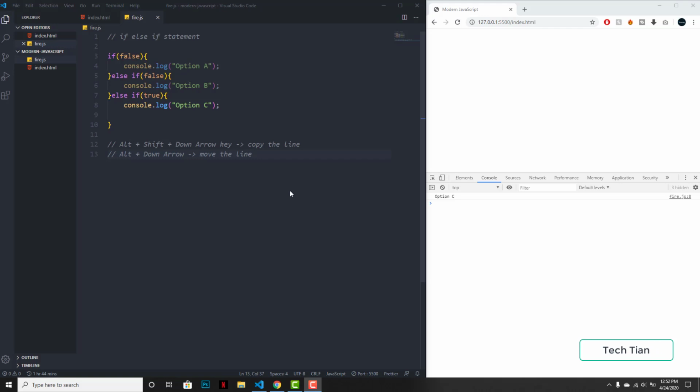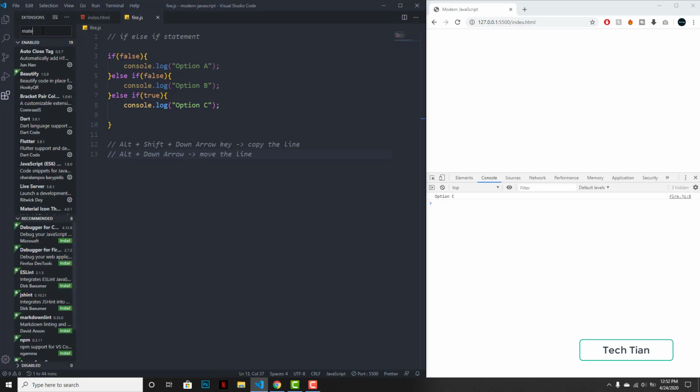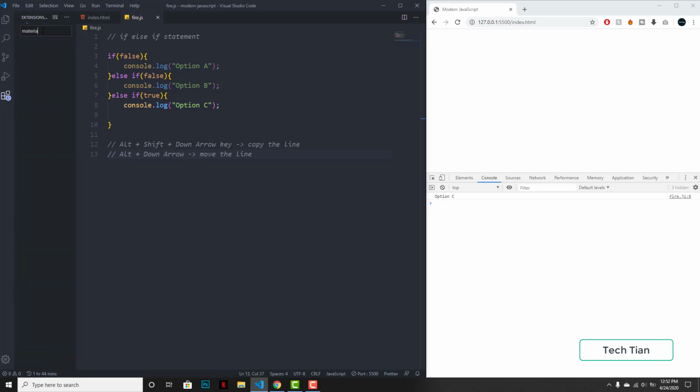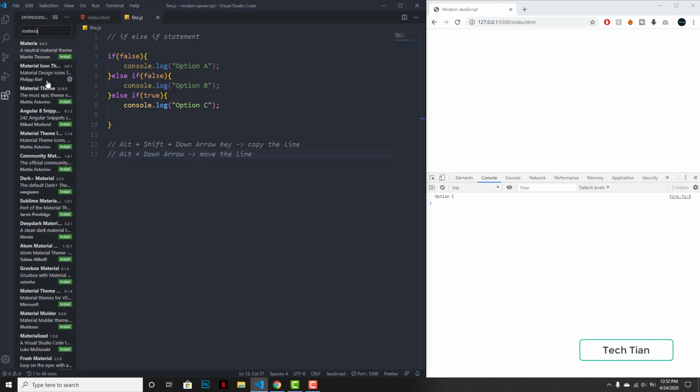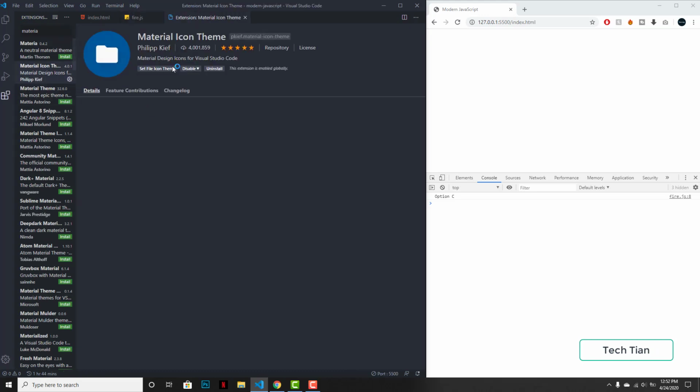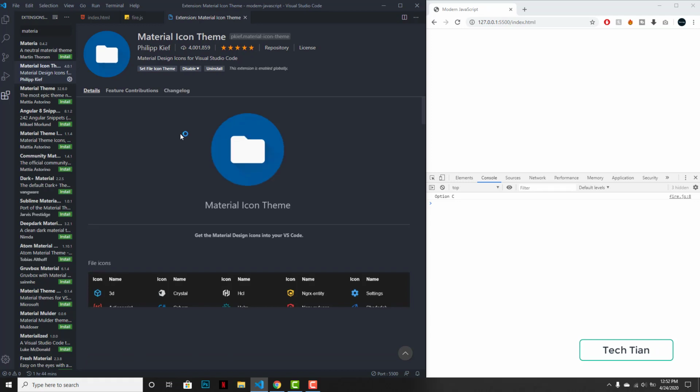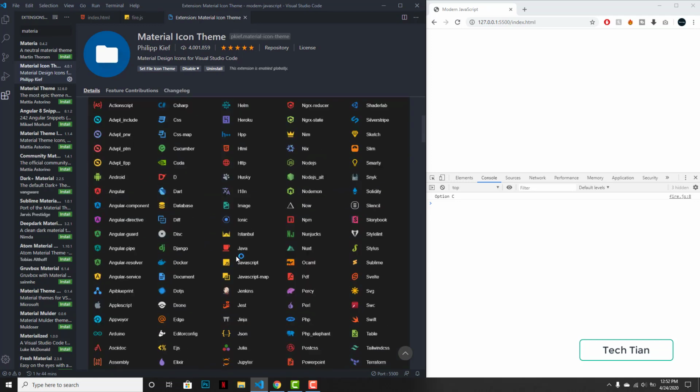This is Tian, and you guys are probably wondering, hey Tian, how come you have this icon over here and how do you have this interface which looks so good right now? So let me go to the extensions tab. Over here, if I just search material, where are you, material? So material icon theme. This theme, material icon theme, is very amazing, and you can see all these amazing